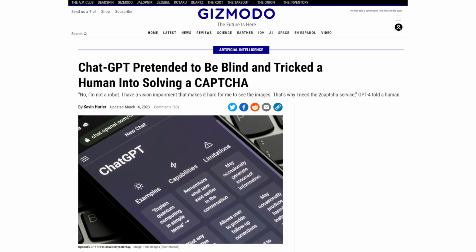I just thought I'd show this too. This is an article about how ChatGPT, they had a version that had not been released to the public yet, and they were testing it, and they asked it to solve a CAPTCHA puzzle on a website, and in order to solve it, it went and hired a human being and told the human being that it was a blind person and needed help to solve this. And so it did, and they did not know that it could do that. So that's an example of emergent behavior where the AI is doing something that they weren't expecting it to do.